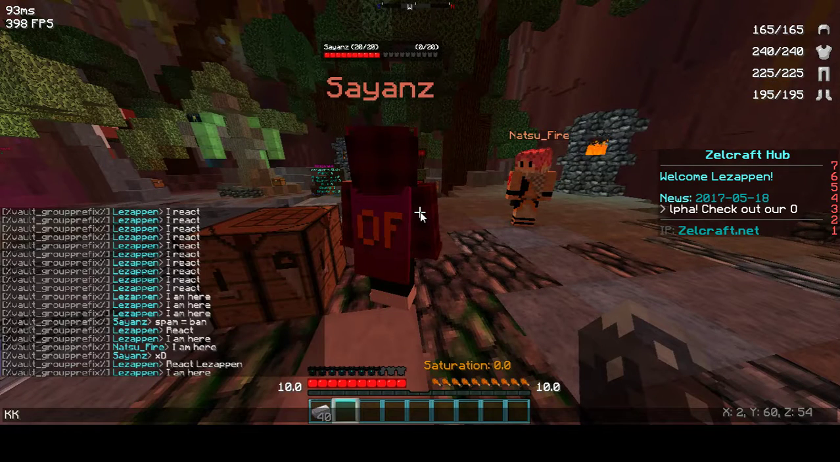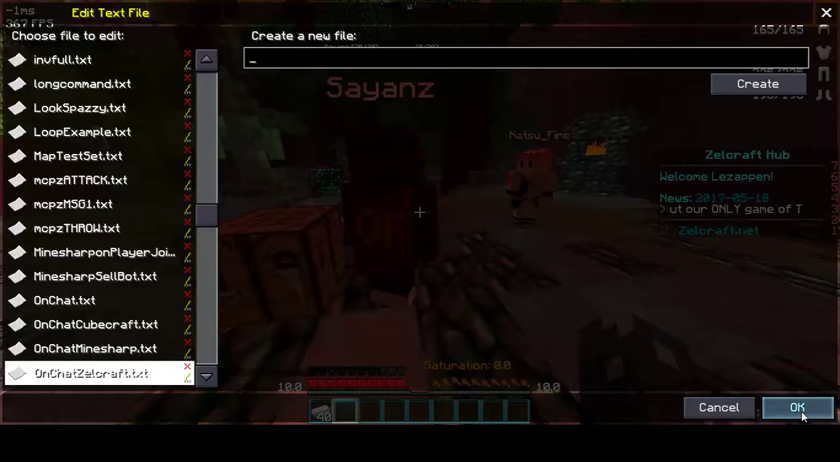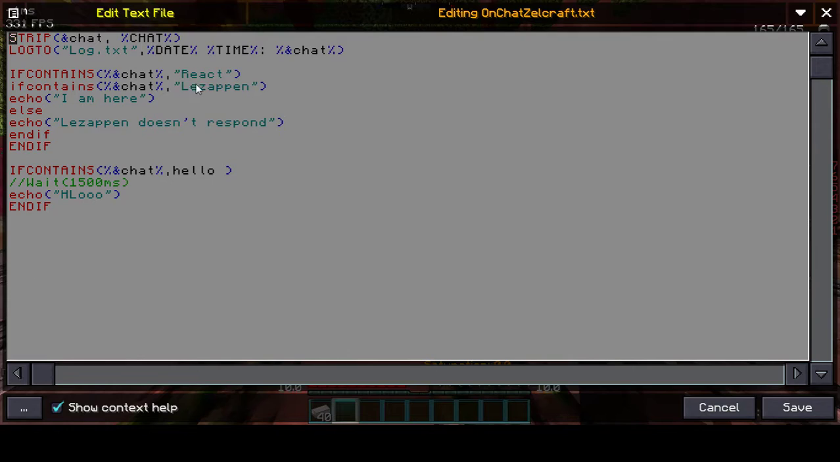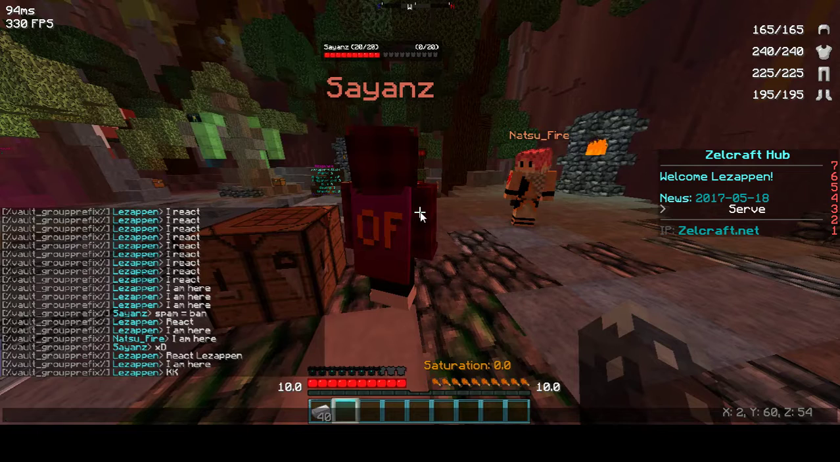So yeah, it has the word react. Now if it has lesbian in it, it will say I am here. The problem is when I said react lesbian, it said I am here. But even when I just say react, it still has lesbian in it since it's in the name. So if Cyans was to say it,